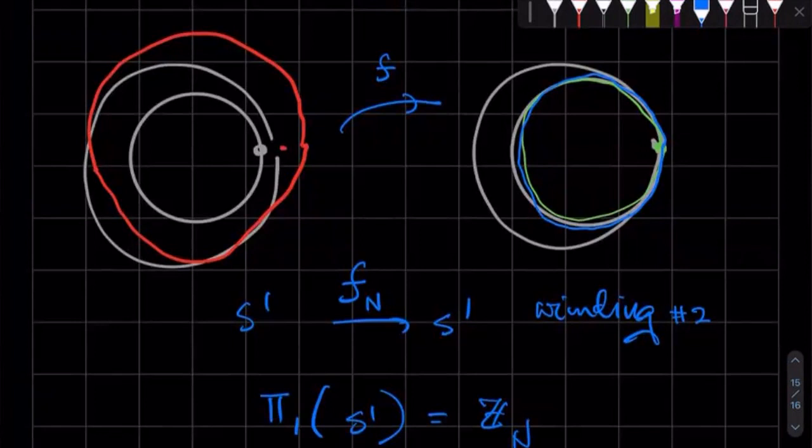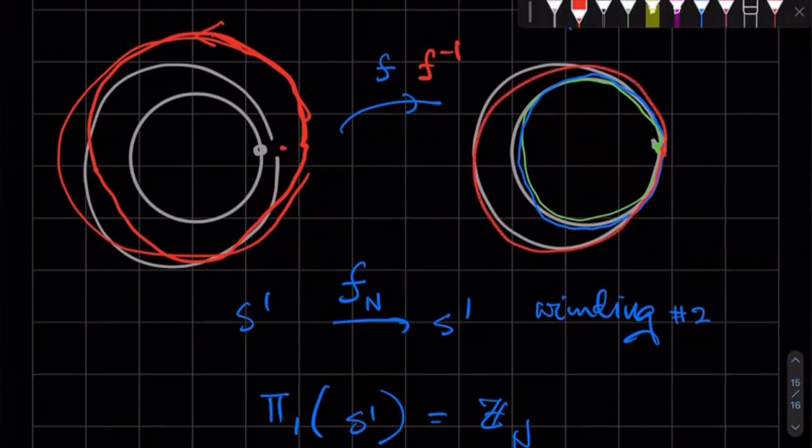The negative numbers, so we can make the convention that on our original circle, we only go in the counterclockwise fashion. But there is another map, the F inverse map, which goes in the clockwise fashion here while we go in the counterclockwise fashion. If we have the winding n for this map, then we can say F inverse n is F of minus n, such that F of n times F of minus n is 1.